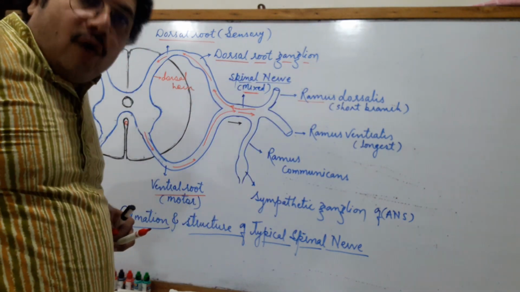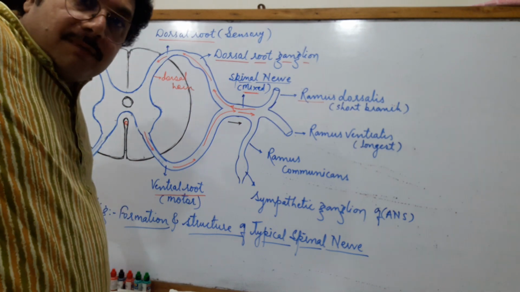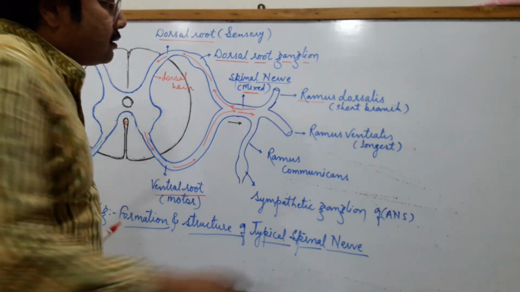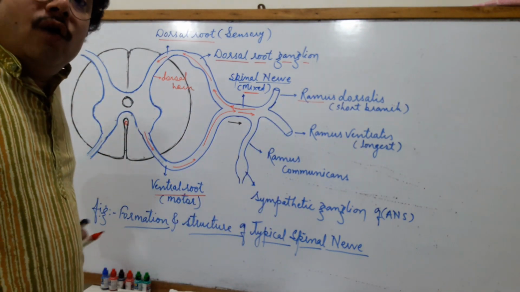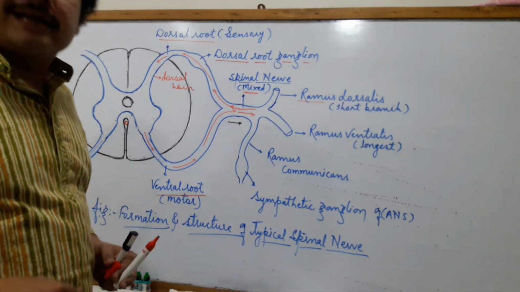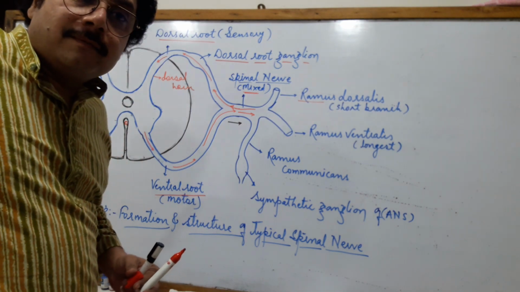So ultimately, the spinal cord is already located towards the dorsal side, and therefore the dorsal branch is very short, the shortest. The dorsal branch, called the ramus dorsalis, supplies or innervates the skin and muscles of the dorsal side of the body. Skin and muscle of the dorsal side, shortest branch.